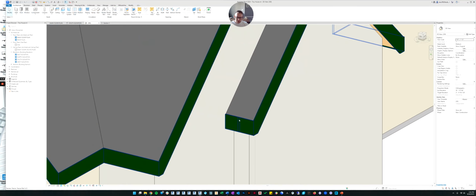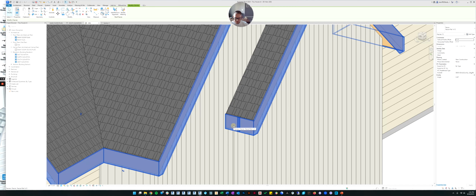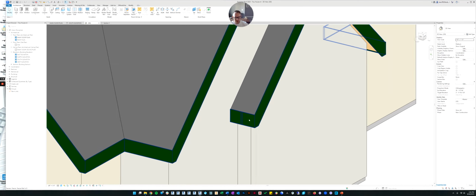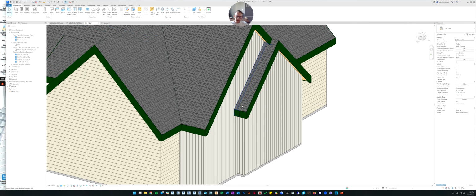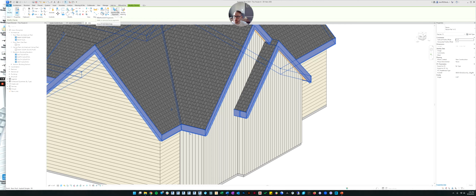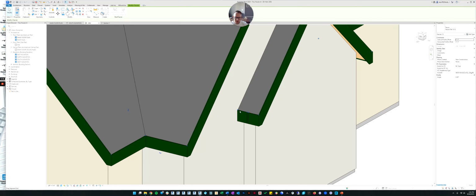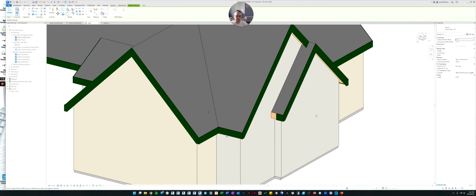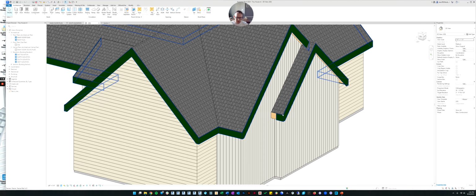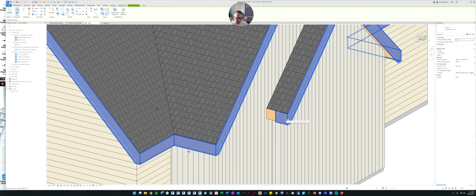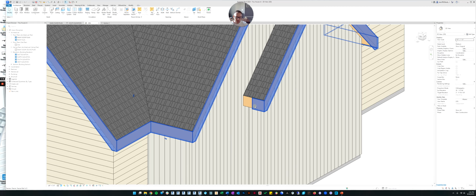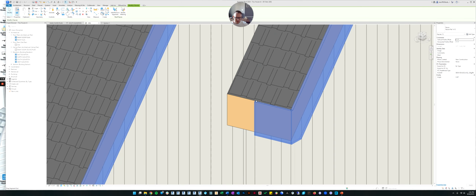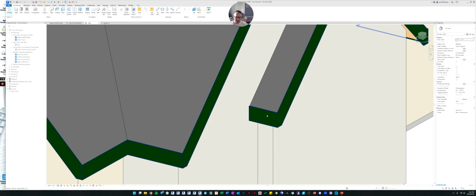Okay, and if you get funny joint lines, or if you pick something you don't want, for example, I accidentally put too much fascia on this. Let's click the fascia, and if you come up here, there's an add or remove button, and you can click to remove it. I'm going to hit escape because I removed it. What I actually wanted to do is extend this piece of fascia. If you click on the fascia, there are these little dots. You can extend it like that.